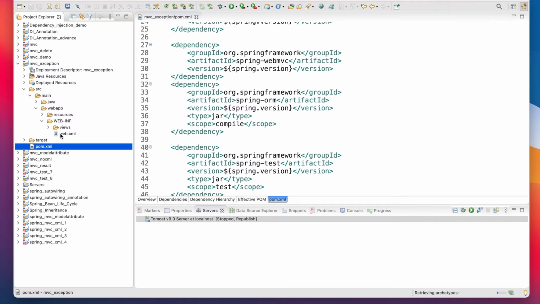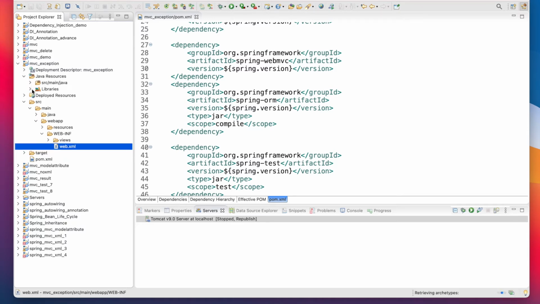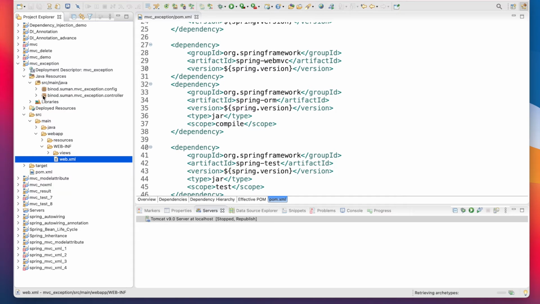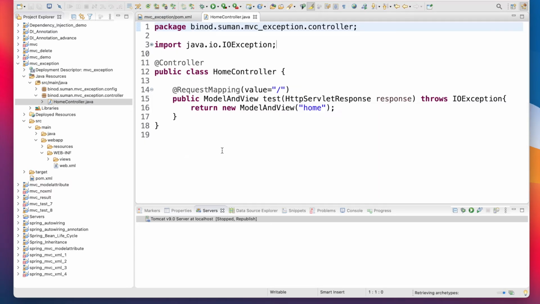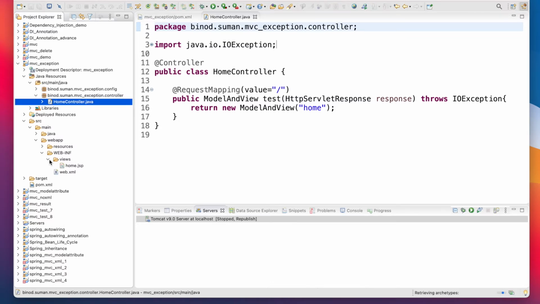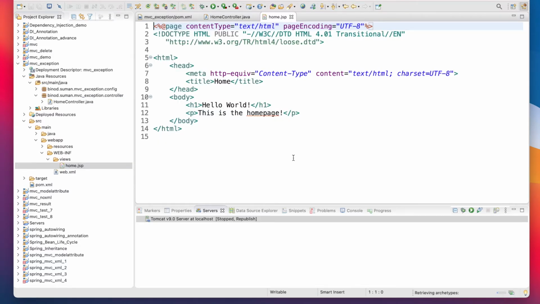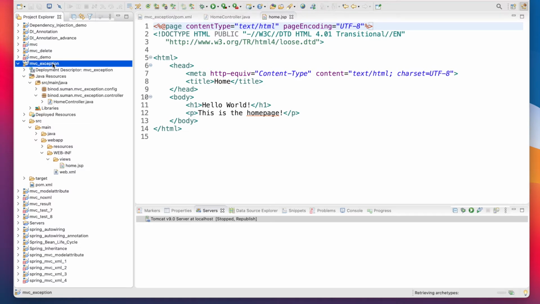And they have the controller part also. So just go and run, and this code should work. We have the controller here also, right? Everything is here, and it will show the home page, right? We have the home page. Inside the view you will see the home.jsp, right? Here is the home.jsp, right? So now just right click here.